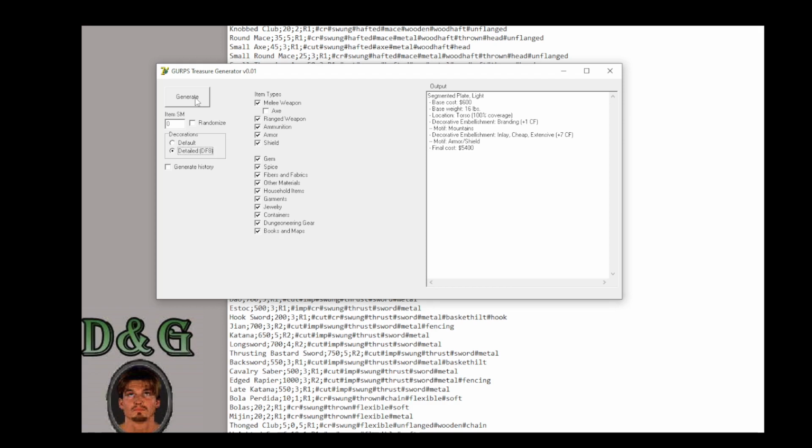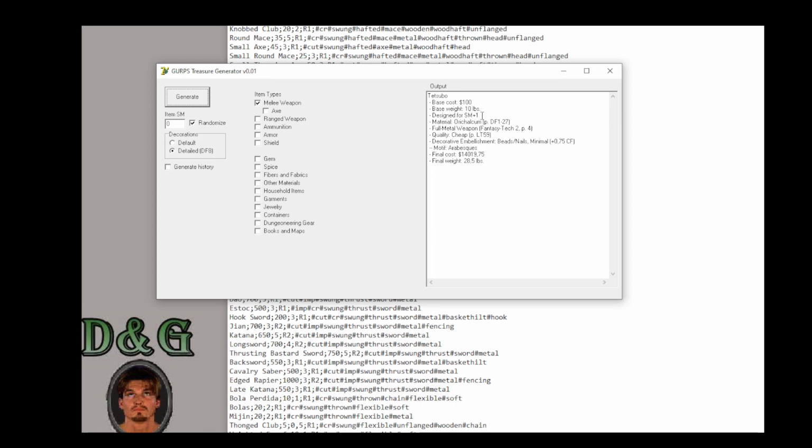I have included most of the options that would be relevant for my games. So there might be some things missing. For example, let me show you how melee weapons work. Let's randomize it. For example, we have a Tetsubo with a base cost of $100, a base weight of 10